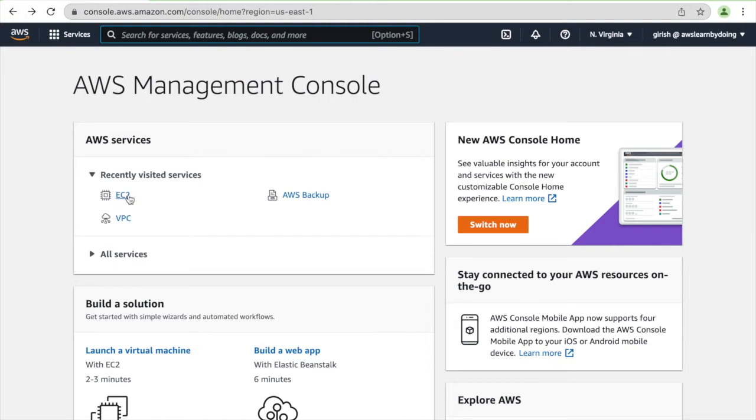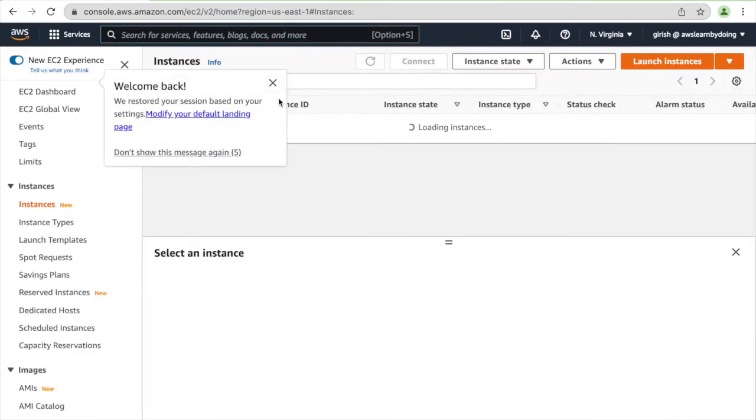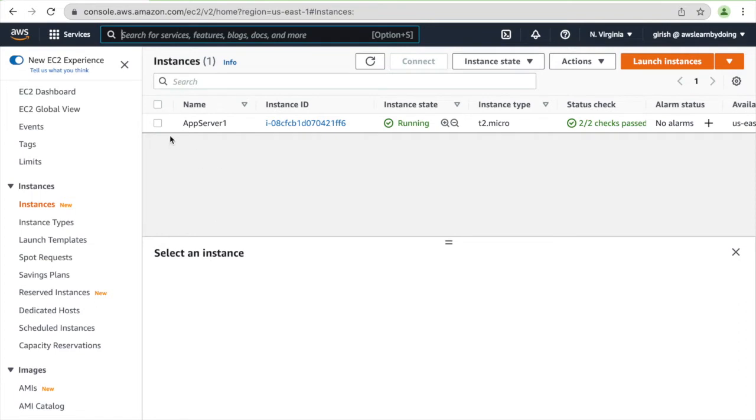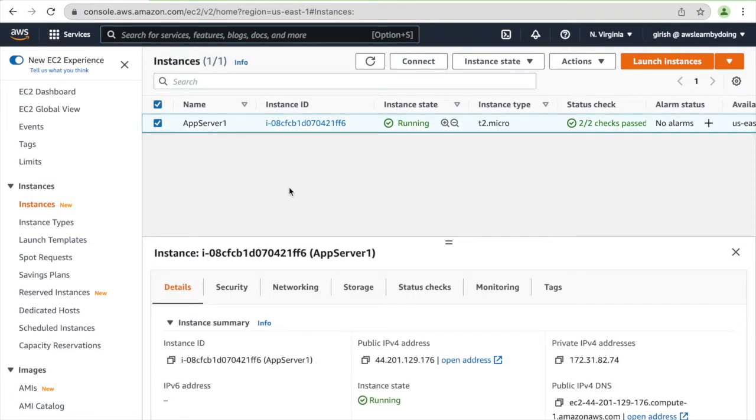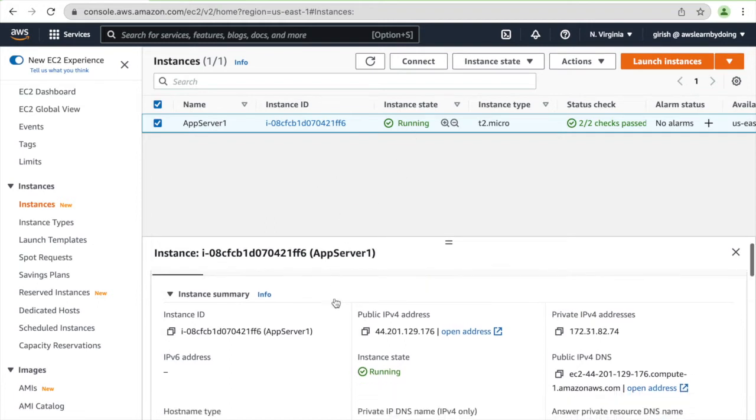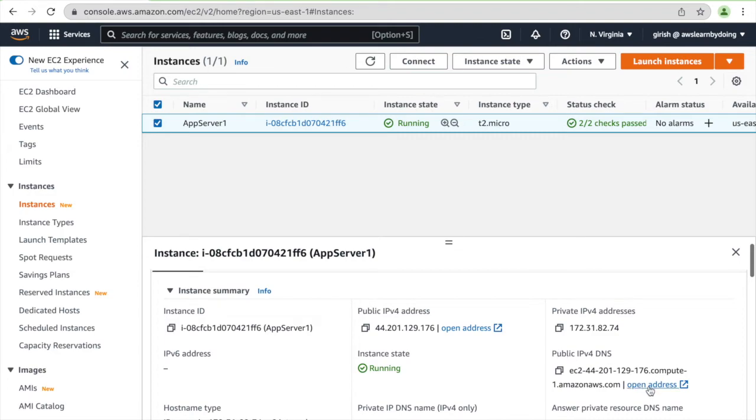So let's go to the EC2 instance, right? This is a server which I just named app server 1, and status is running. So let me go into the public DNS. Okay, so this will spin and eventually it will just time out because it's somehow not able to reach my server. And why is that so? This is what we are going to see today.